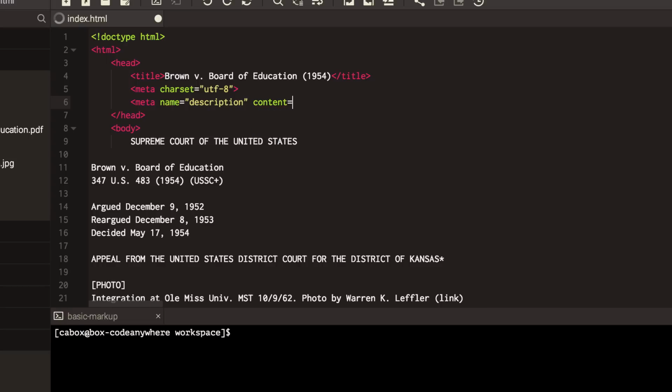as an option. And in the content, this is the actual content for the description that would be used like in search listings and things like that. If other sites were spidering my site, they might pick it up for use as a description. So I'm just going to say summary of U.S. Supreme Court decision in Brown v. Board of Education, 1954. And so that's going to be all that I'm going to put in the head